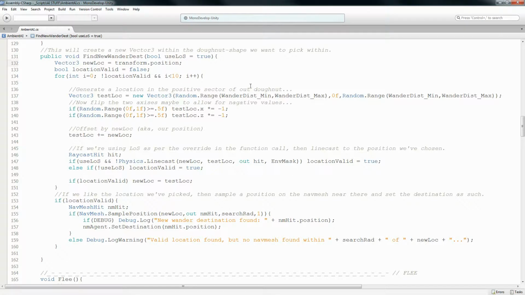That's what this does. The thing that we feed into it is a bool, and that's if we want to use line of sight or not. So that's, can we see the position that we're trying to go to or not, or do we want to have to see the position that we're going to or not? This is useful for like